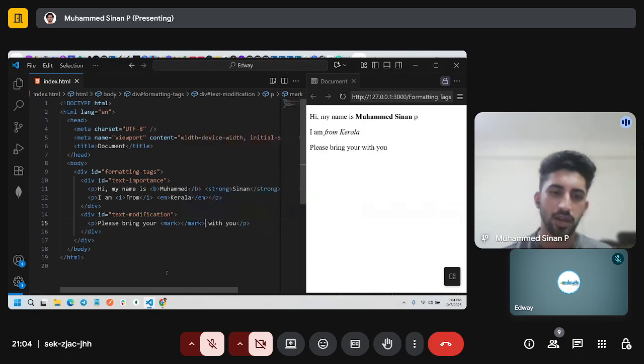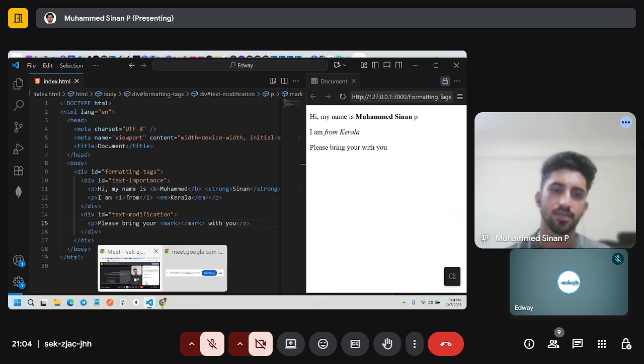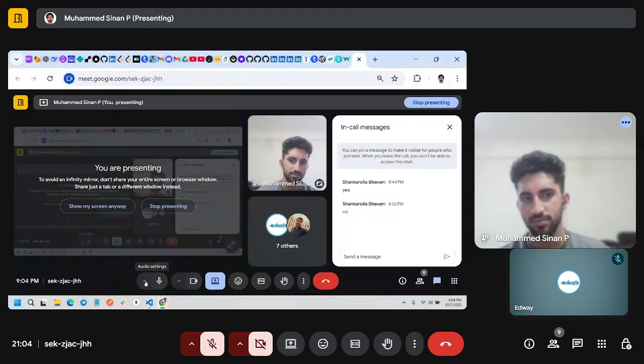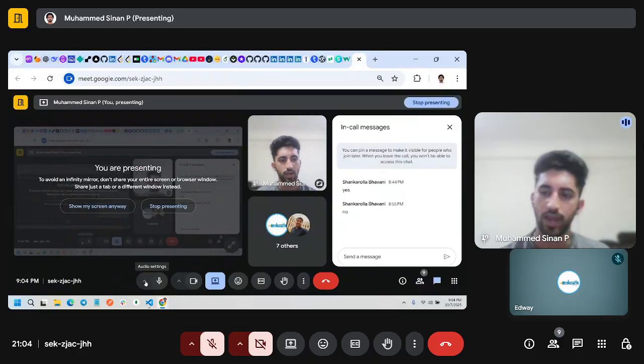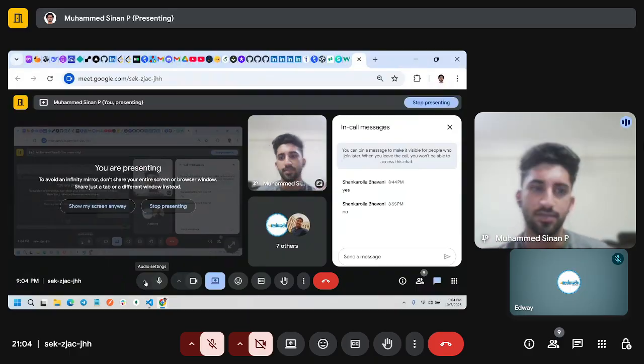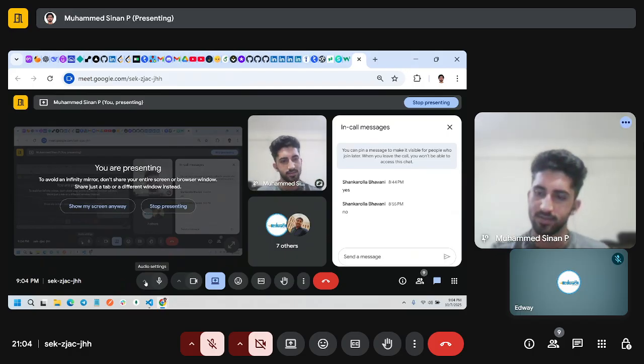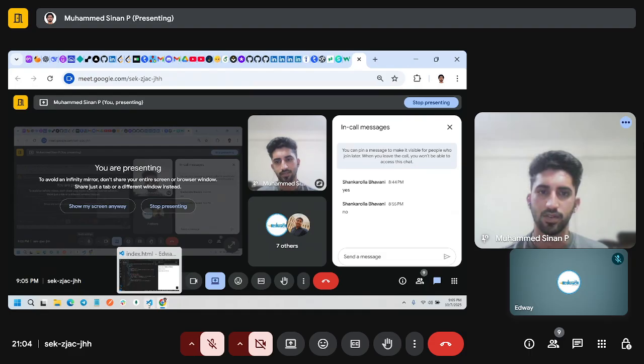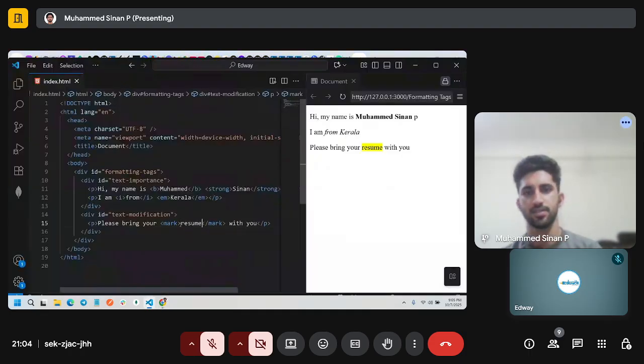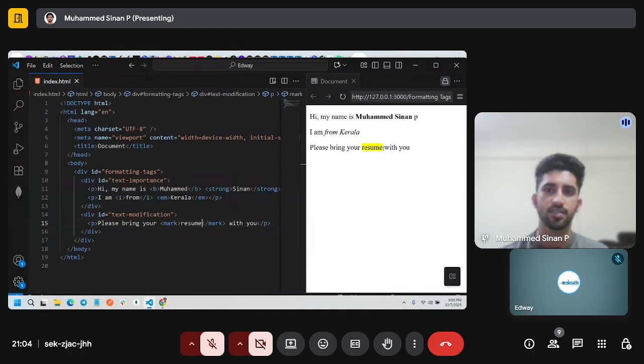Can anybody guess? Highlighting the text. Exactly.